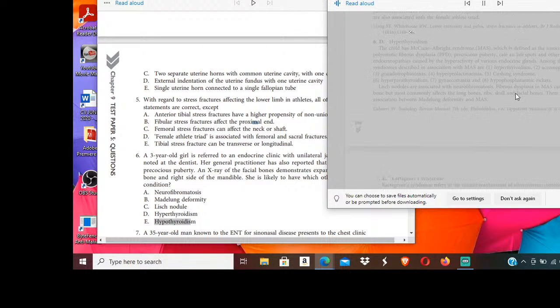6d. Hyperthyroidism. The child has McCune-Albright syndrome, MAS, which is defined as the association of polyostotic fibrous dysplasia, PFD, precocious puberty, café au lait spots, and other endocrinopathies caused by the hyperactivity of various endocrine glands. Among the endocrine syndromes described in association with MAS are 1. Hyperthyroidism, 2. Acromegaly, 3. Gonadotrophinomas,